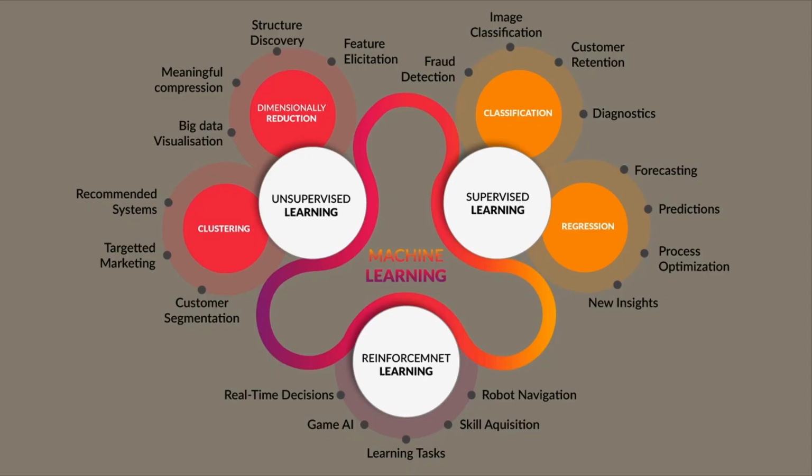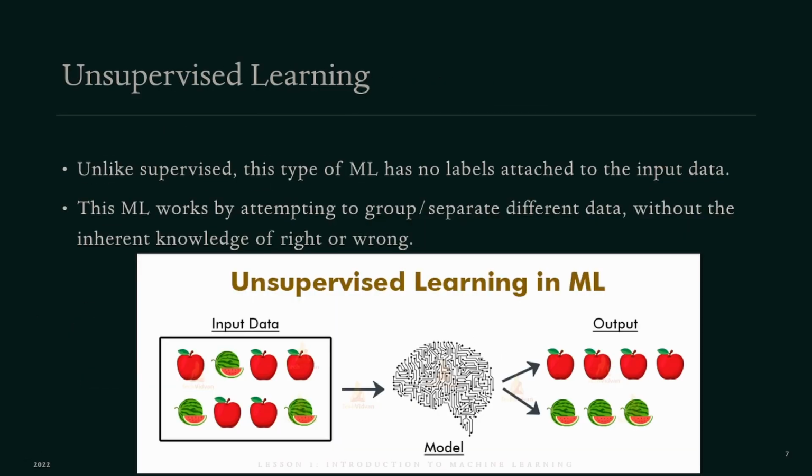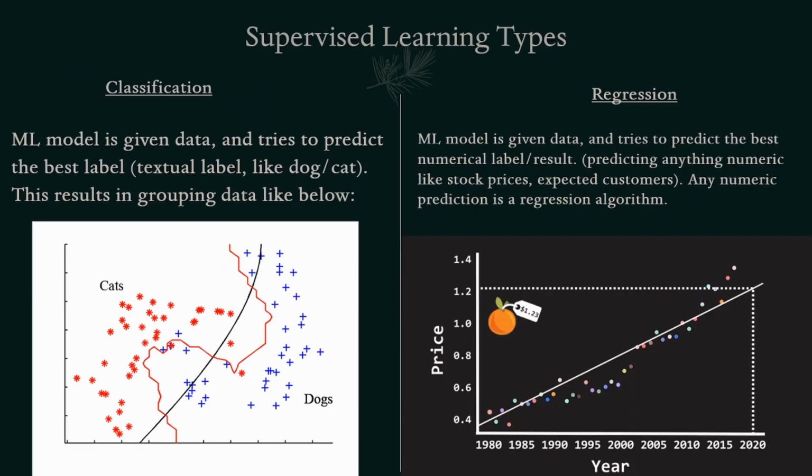So supervised and unsupervised. Perfect. So now we're going to talk about these outer circles, the clustering, the dimensionality, the classification, and regression. These are, again, further levels of unsupervised and supervised learning. But hopefully you understand what unsupervised and supervised mean. Since this is a video, you can go back and rewatch those parts to learn it a bit more if you need to do so.